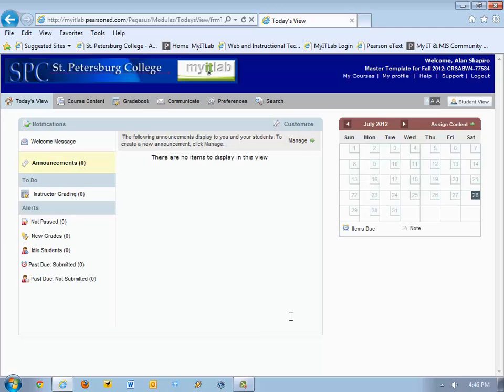The last thing on today's view that we're going to turn on is the calendar. Once again, the best practice is assigning content items that are due to the calendar for a particular due date, so that students can click on that and get a listing of everything they have to do in that particular week, especially things that are due. So that's a very important piece too. I did have a student last semester who said, I just use the calendar, and she doesn't necessarily go into the content items. So that's the big change on today's view and what we're going to be setting there